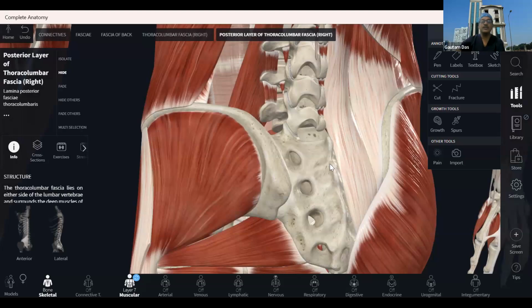So I asked, what is the structure? This is the medial sacral crest. Sacral spinous process or medial sacral crest, then the lamina, foramen, lateral sacral crest. And now